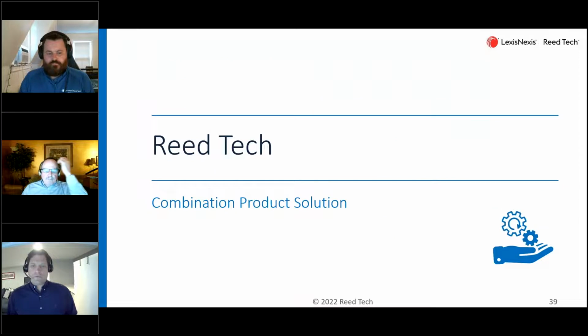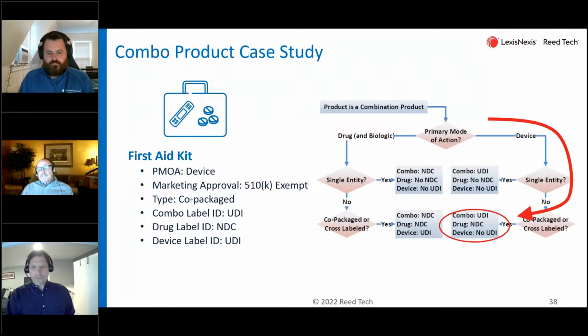What I would like to do now is spend a little bit of time. Oh, go ahead. Real quick before you do, moving back here, and again, the overarching concept with all of this is it may seem a bit redundant, it may seem overkill, but the idea and concept is for patient safety at the end, right? If we have an auto injector with a solution in it, well, if there's a recall on the solution or a recall on the auto injector, right? If something's not working properly,